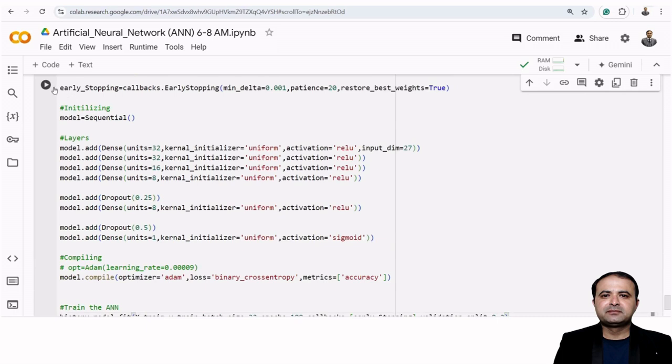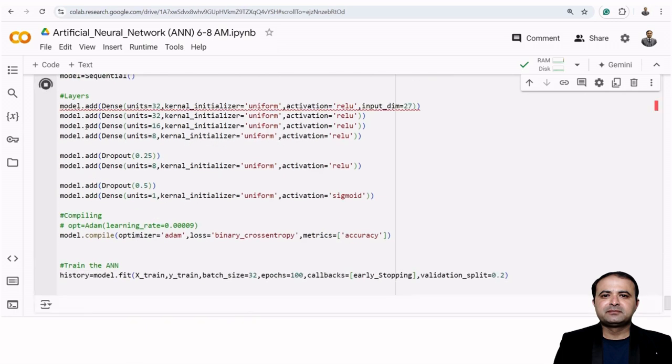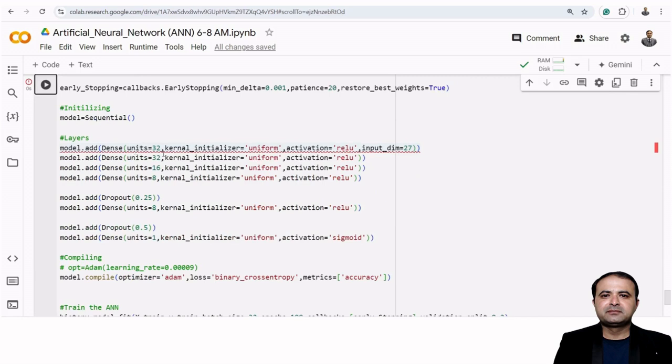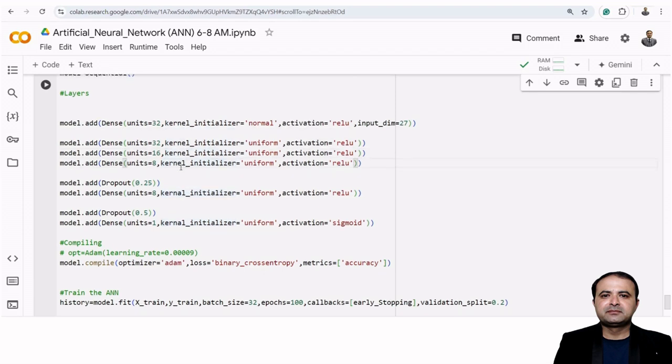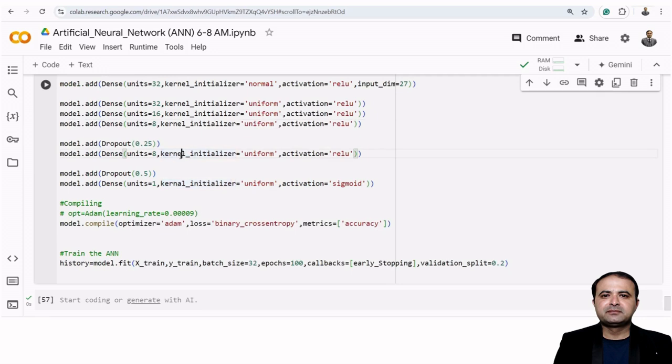This model is very time consuming. Once I click this, it will take so much time. Okay, so it is showing the uniform problem. So I want to use the normal for all of them. It depends on you, you can use the normal, you can use the uniform. So I use normal uniform, but there is a spelling mistake in kernel. So once I change all the kernel,